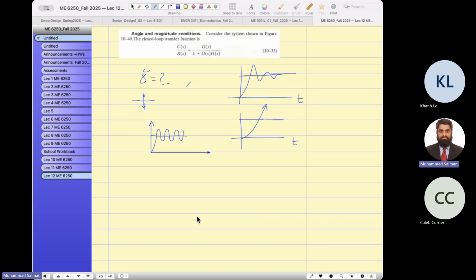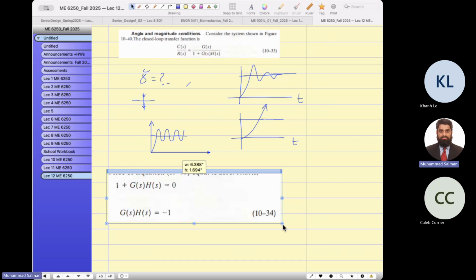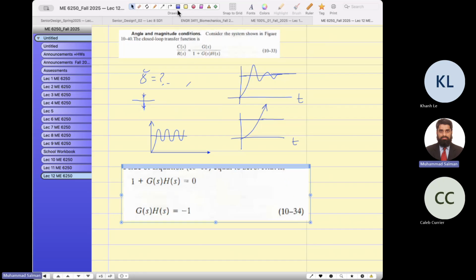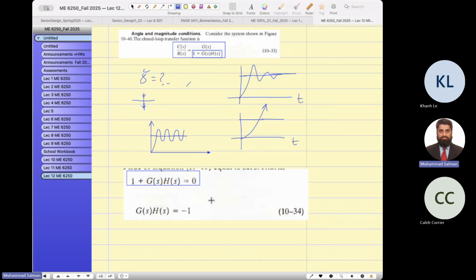So now we have to understand today how to draw the root locus of a dynamic system. So let me go ahead and start the root locus. My objective is to explain the root locus, and the equation of a root locus is this one. This is a closed loop transfer function. The denominator, which is 1 plus GH, is equal to 0,